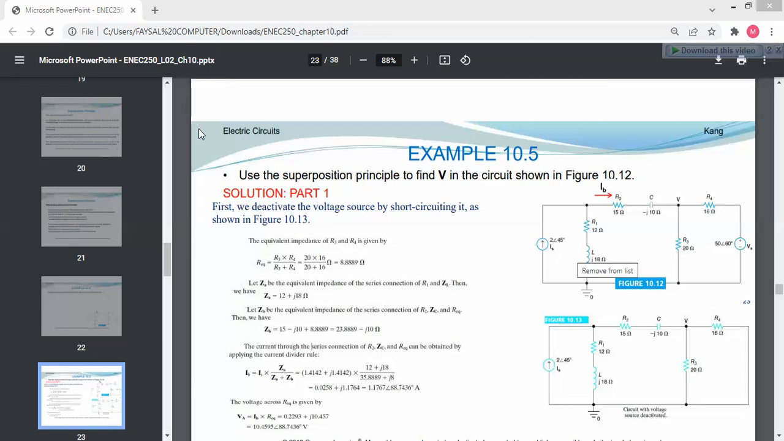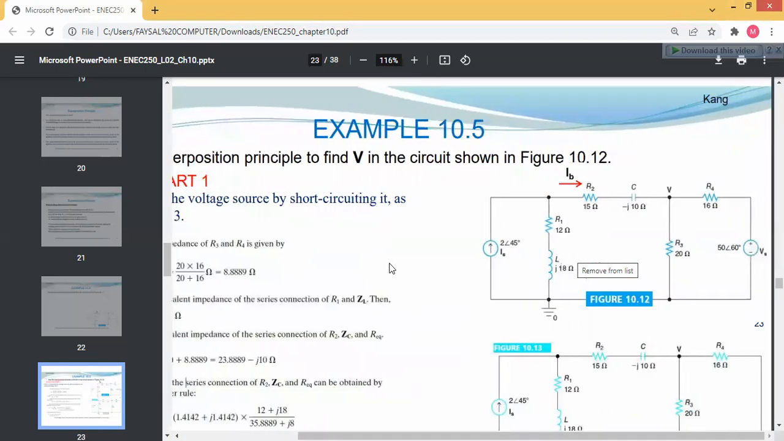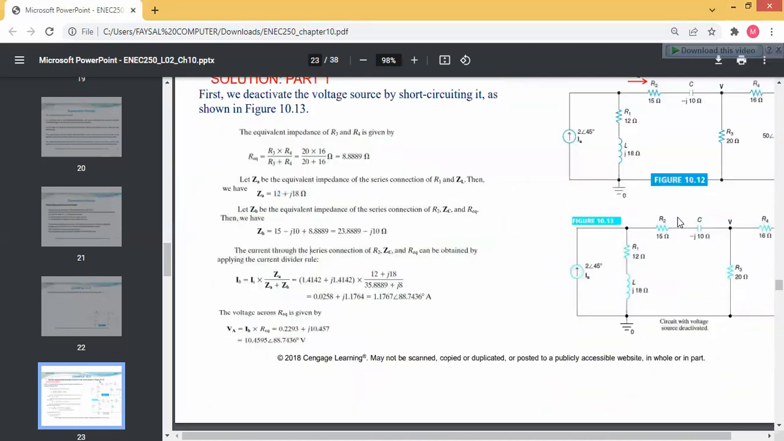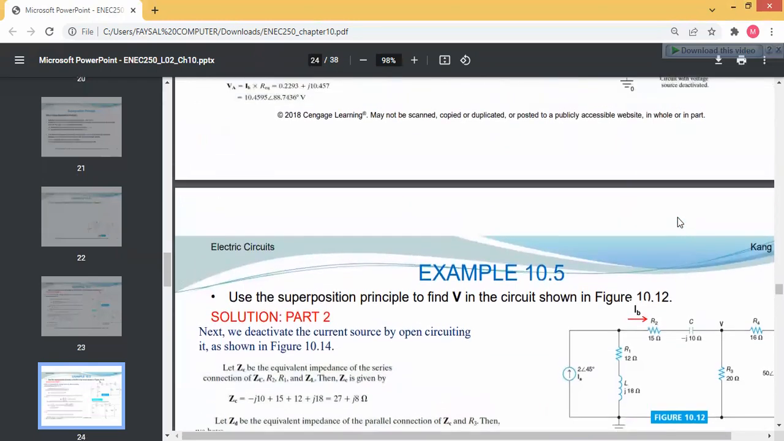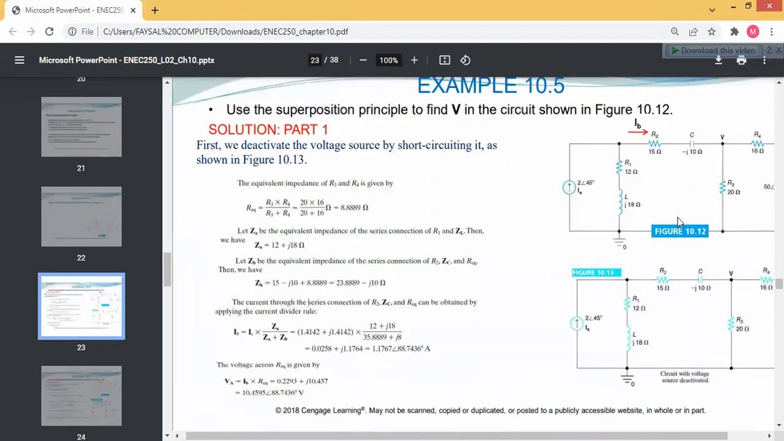Okay, Zan. Let's start. So this is basically 10.5, my superposition principle. For the superposition principle, I have to find the value of voltage for my circuit. So voltage is basically this point. This point is my voltage. So how to find the value of voltage at point A? So first you have to